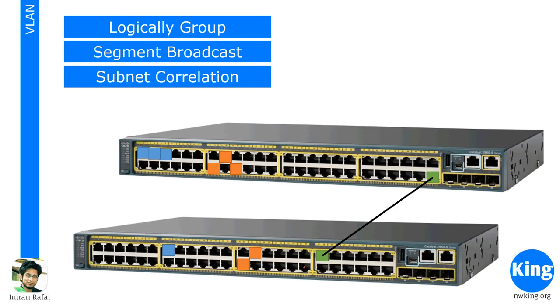So what do we do? We make use of a concept called VLAN or virtual LAN. Now, to put it very simply, VLAN means breaking down this large 48 port switch into smaller switches, right? That's what VLAN does. I think the easy way to think of it is like a subnet. We know subnet. We took a large network and broke it down into smaller networks. VLAN is something similar. We're taking this large 48 port switch and breaking it into smaller